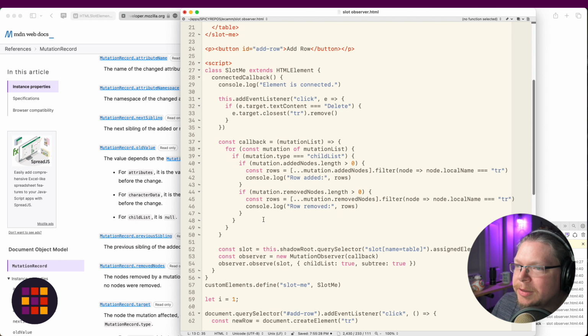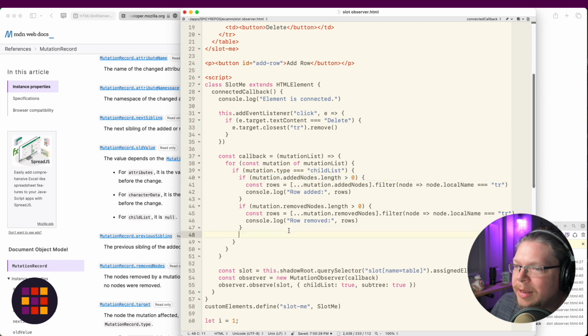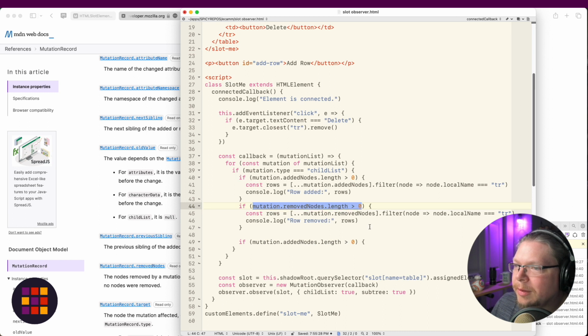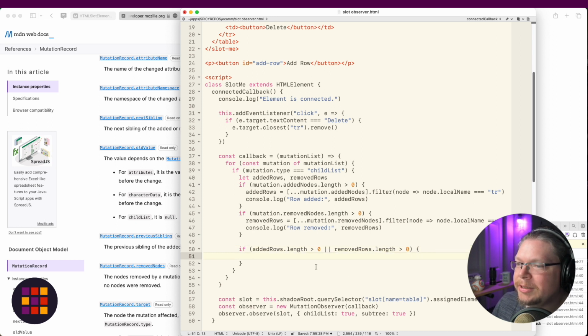So now, what we really want to do here is every time there are rows added or removed, so I'm going to go ahead and duplicate that. You know what? Let's be a little bit smarter here. Let's do that. We'll go ahead and grab added rows and removed rows. And then what we really want to do here is if added rows dot length is 0 or removed rows dot length 0. Yeah, that feels pretty clean. All right. Any change to the rows, whether they've been added or removed, we're now going to get the number of rows